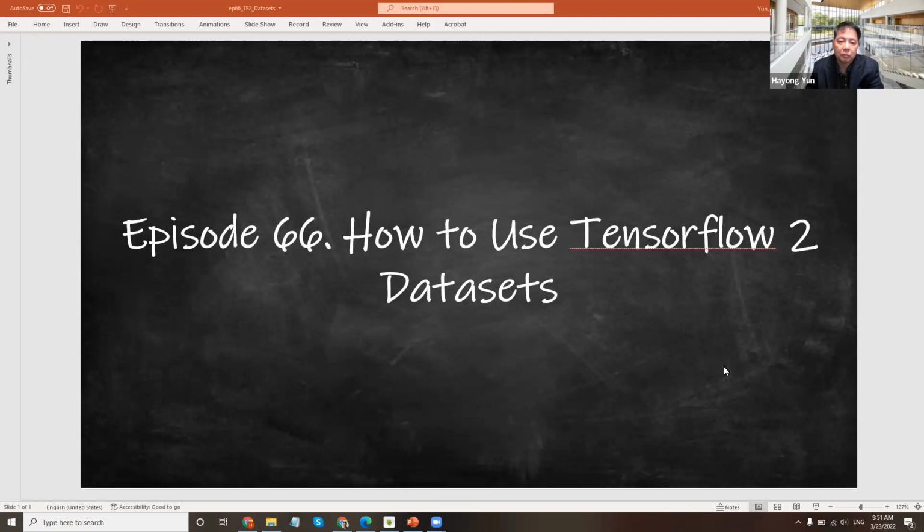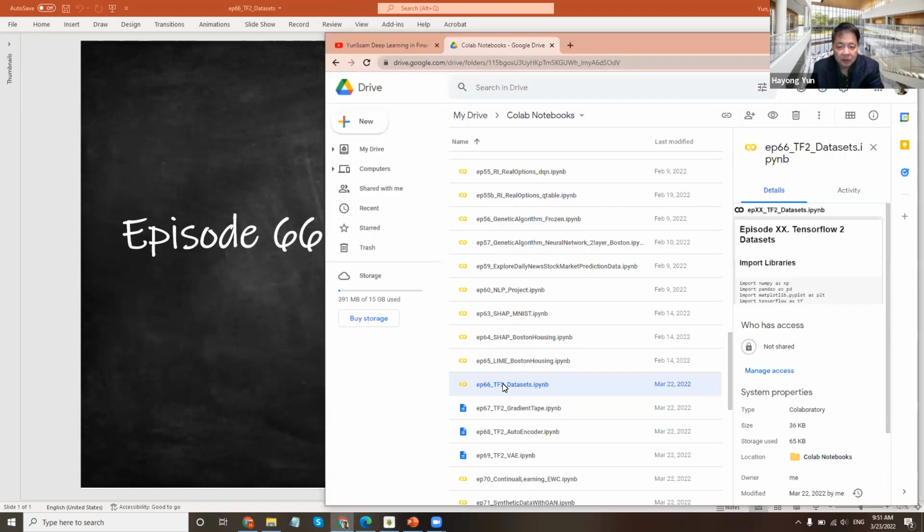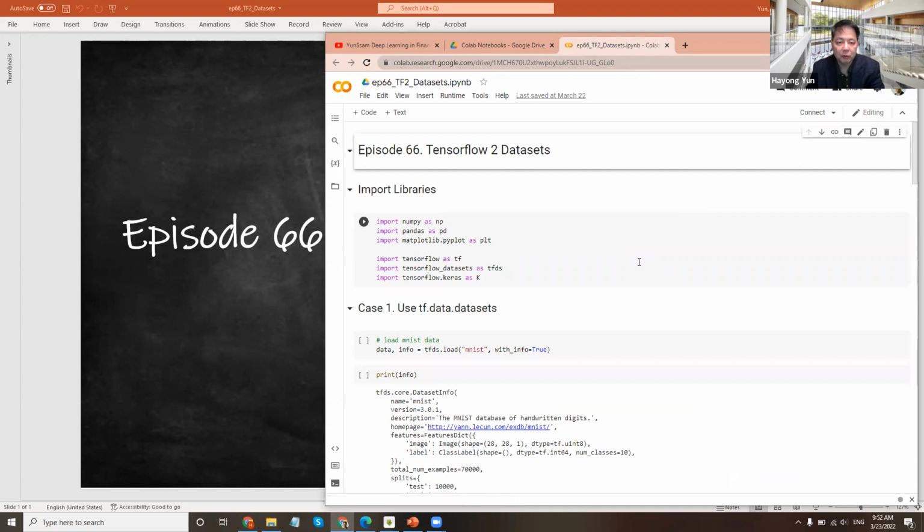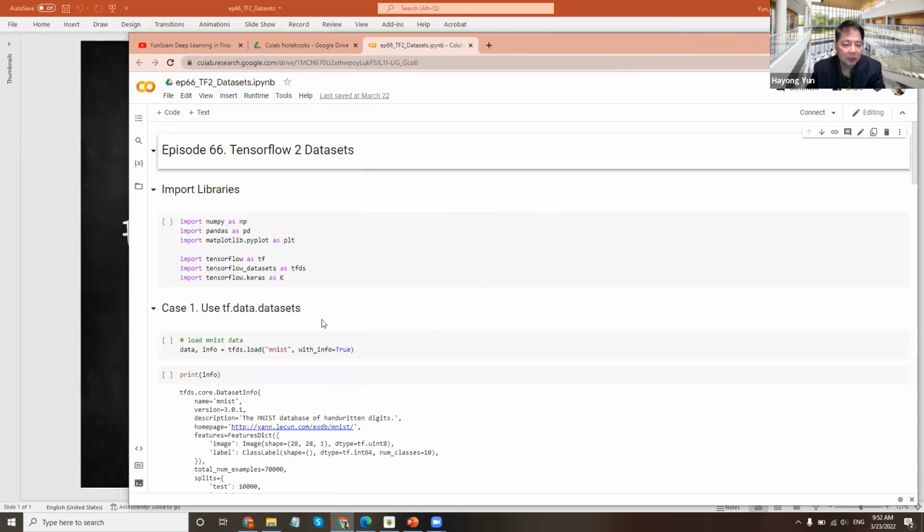Hello, in this lecture, we'll show how to use TensorFlow 2 datasets. With TensorFlow 2, there's a new kind of dataset structure that people use. Usually we are very used to using Excel files, using pandas, uploading them and dealing with them, maybe converting to NumPy. But recently, TensorFlow 2 has added a new data structure, if you will, a data format that facilitates